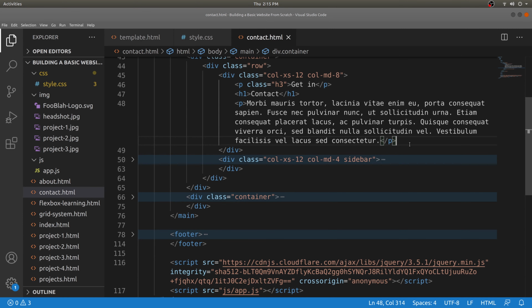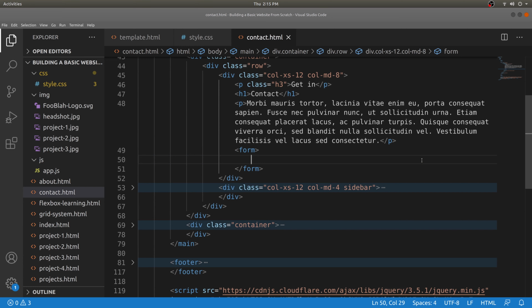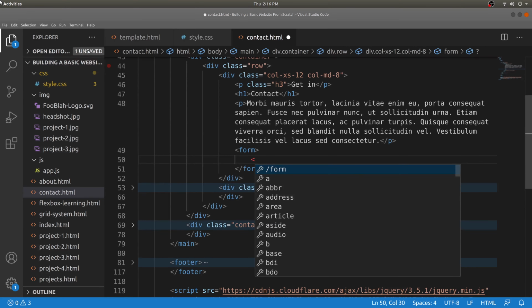So the first thing that we need to do is add our form tag. Our form tag is the same thing as a paragraph tag, where you have information inside of it. Same thing, we have a div tag, and we have information inside of it. The form tag lets the browser know that what we have inside of there is a form. So what we need to do now is start building this form. The first thing that we're going to do is create a div, we're going to create